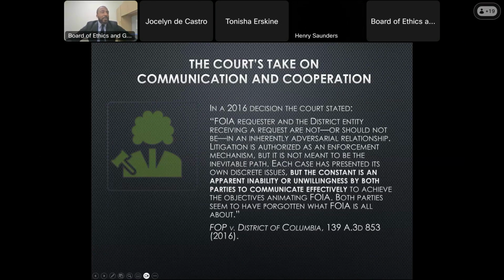Each case has presented its own discrete issues, but the constant is an apparent inability or unwillingness by both parties to communicate effectively to achieve the objectives animating FOIA. Both parties seem to have forgotten what FOIA is all about. And this was from the Fraternal Order of Police versus the District of Columbia. And so, of course, the takeaway from that is that our goal should be to communicate and cooperate with FOIA requesters so that we can give them the information that they are entitled to under the law.